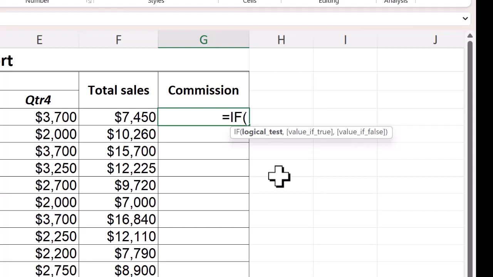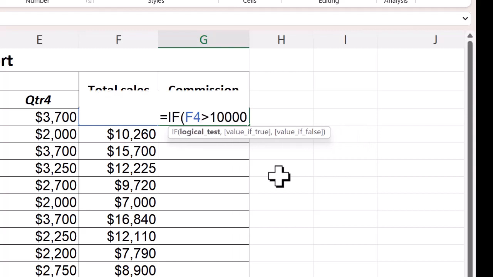So here I'll put F4 greater than 10,000. That is my test. And if that is true, and don't forget the comma, what result do I want? If it's greater than 10,000, I want the commission to be 10% of the total sales. So the total sales, F4, times